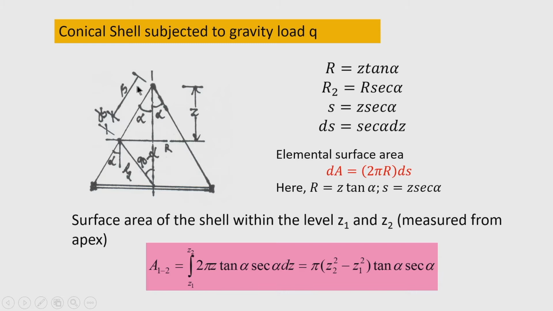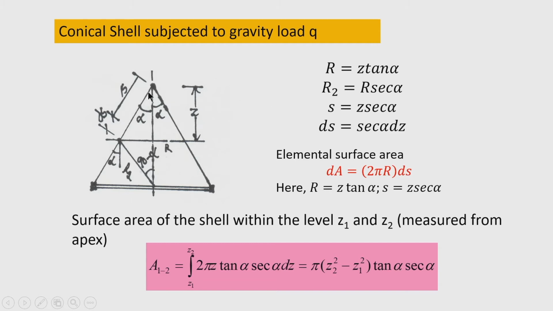Okay. Now, because of the straight line meridian, its principal radius of curvature, the major principal radius of curvature R 1, is infinity because it is a straight line. So we have a very special condition here, that is R 1 tends to infinity, whereas R 2 is finite. R 2 is this radius, the one principal radius R 2. We will now find the expression for R 2 and other geometrical parameters.